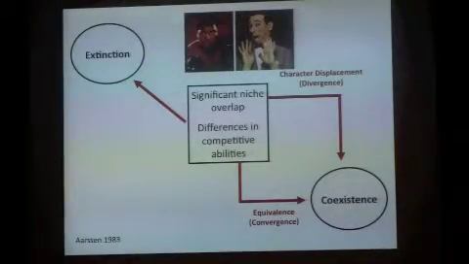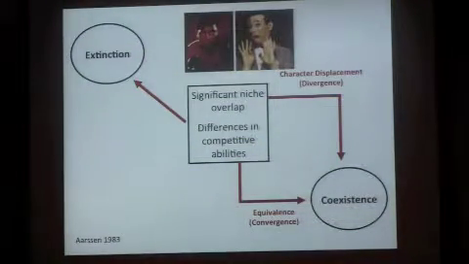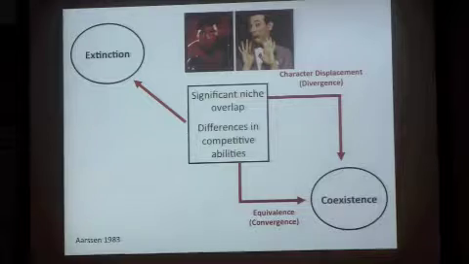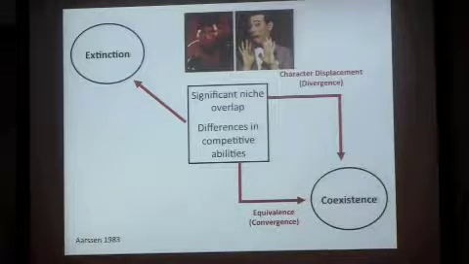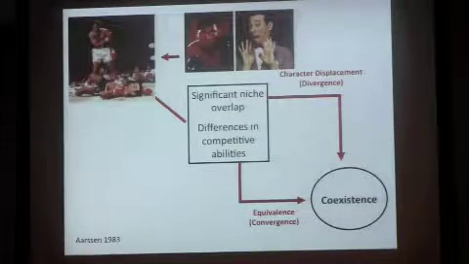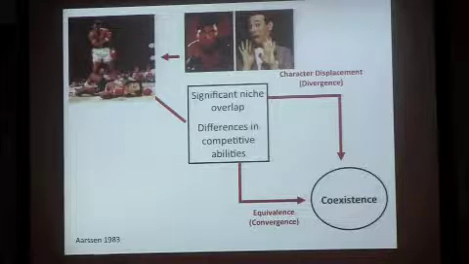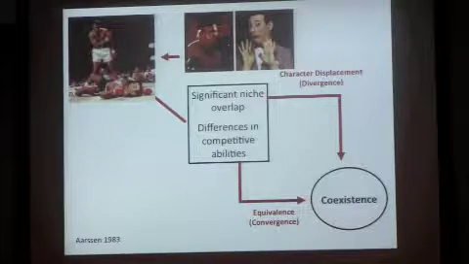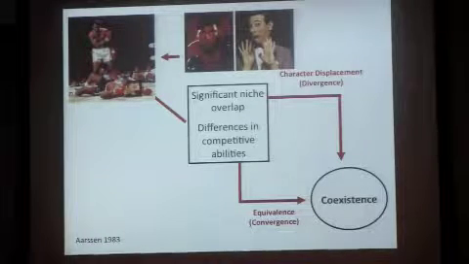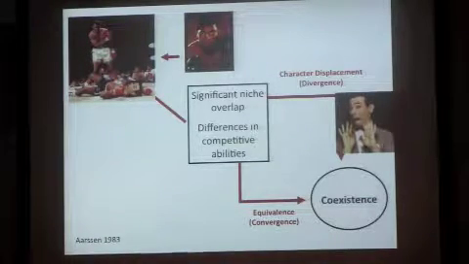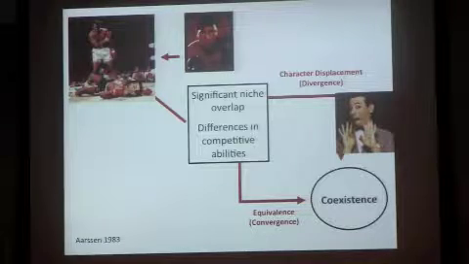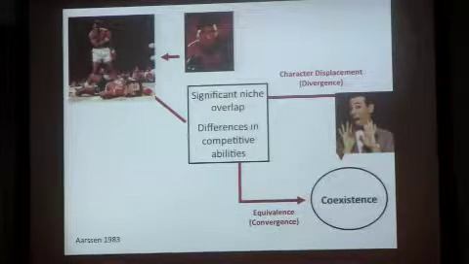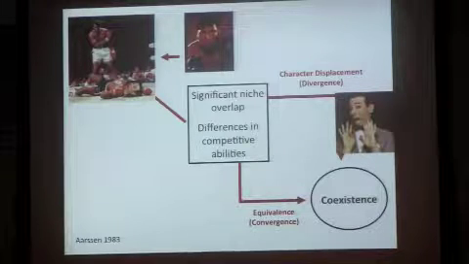He said, imagine a boxing match where you have two really unmatched competitors. If you have Muhammad Ali fighting Pee-wee here, the outcome is obvious: Pee-wee's going extinct in that system. If Pee-wee engages in that competition, he's going to go extinct. So the best strategy for Pee-wee might be to avoid that competition altogether, to undergo some character displacement where he avoids any confrontation with Muhammad Ali.